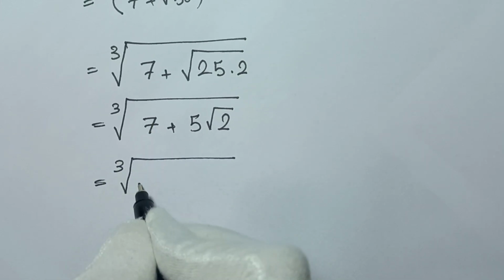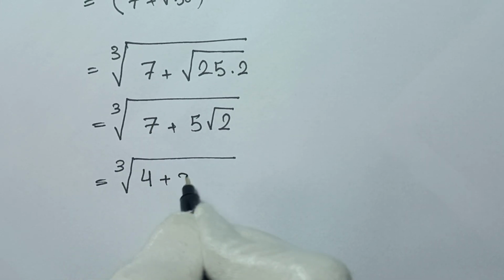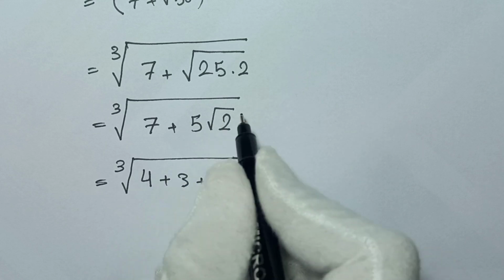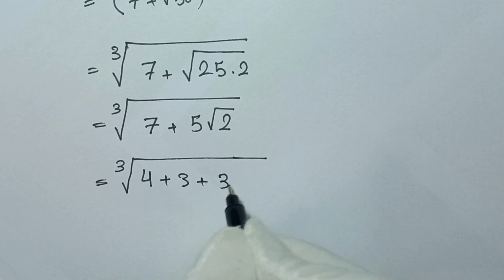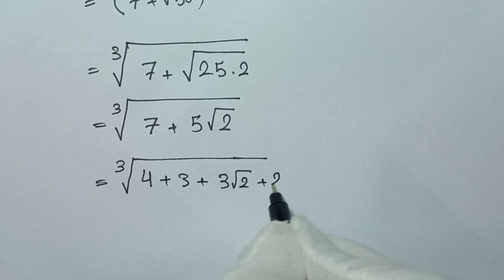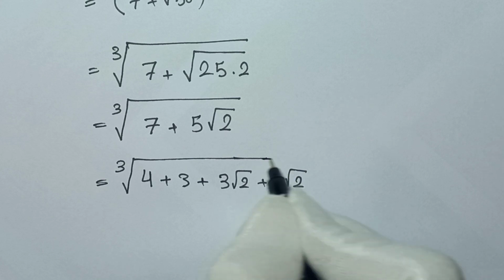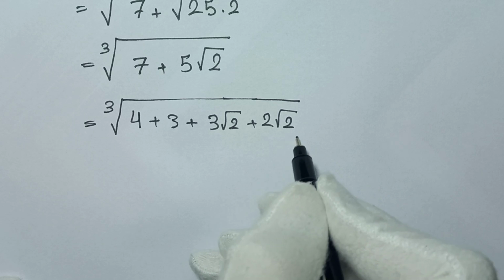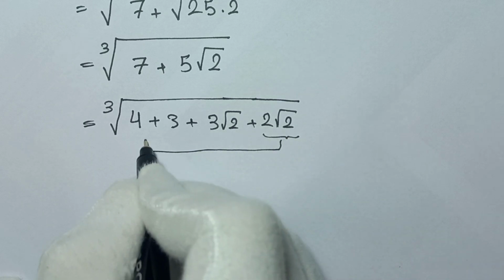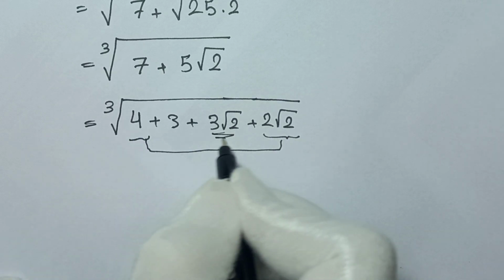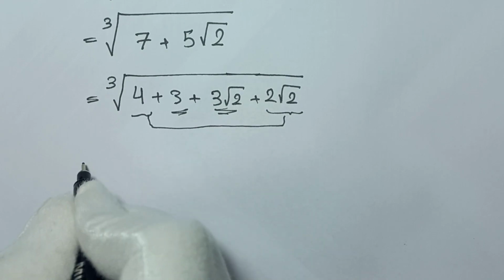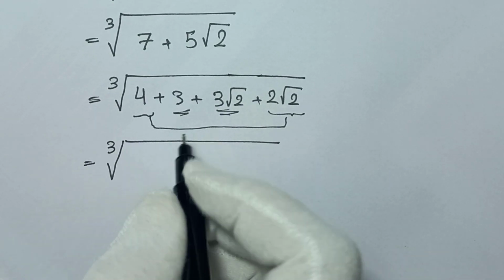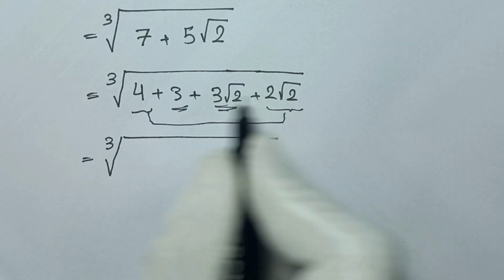And in the next step, we can write this 7 as 4 plus 3, and in here we can write this 5 square root of 2 as 3 square root of 2 plus 2 square root of 2, right? And in the next step, we take these two parts together and these two parts together. So it will be cube root of, from these two parts, we have,